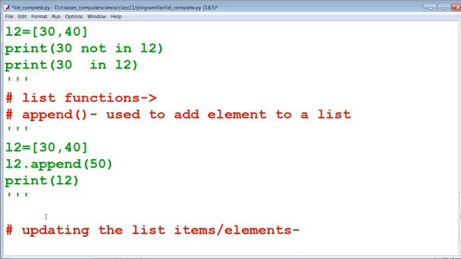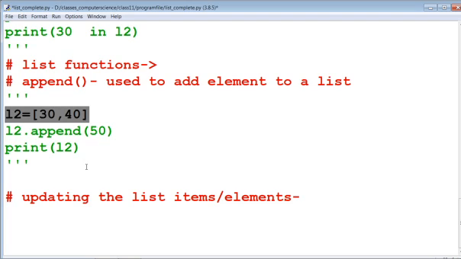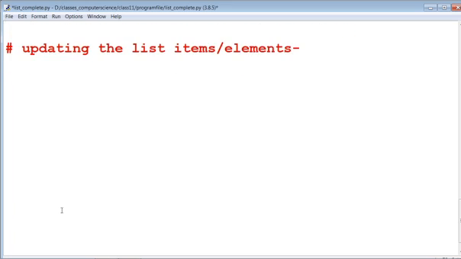Now suppose that we have created a list. Now we are going to update the list.